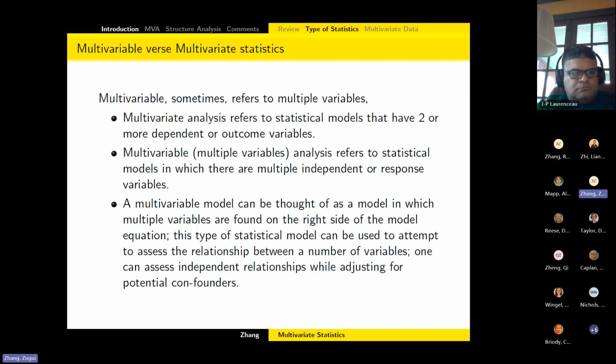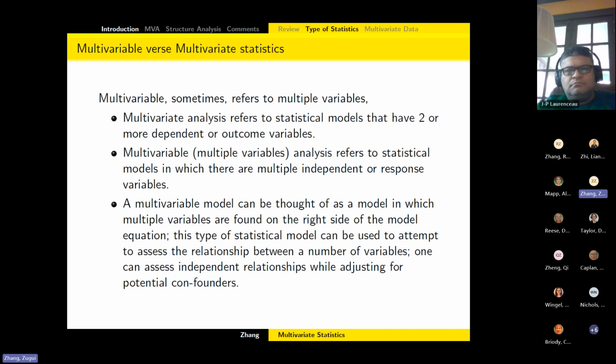On the other hand, we can see multivariate and multivariable statistics. Those are also quite different. When we say multivariable, usually we mean multiple variables. This analysis refers to a statistical model in which there are multiple independent variables. And usually when we say multivariable, we only have one outcome. But multivariate analysis refers to statistics in which we have two or more dependent or outcome variables. So when we say multivariate, it means we have two or more